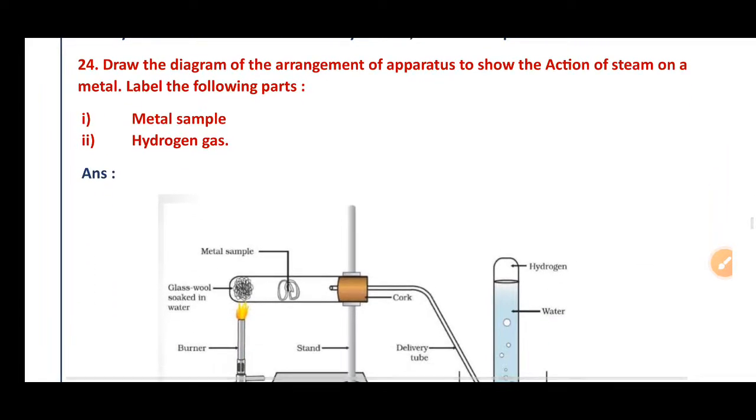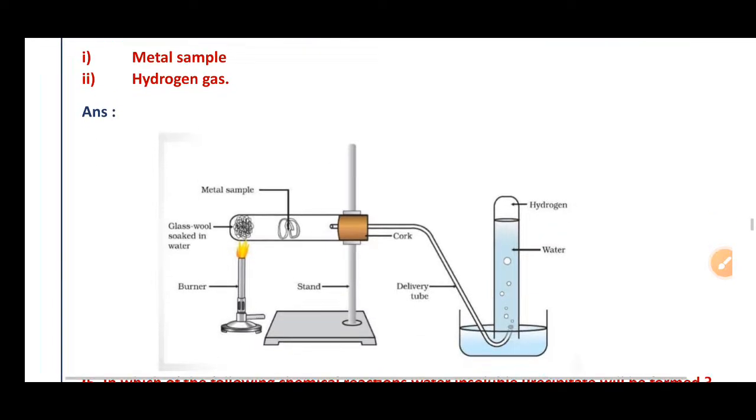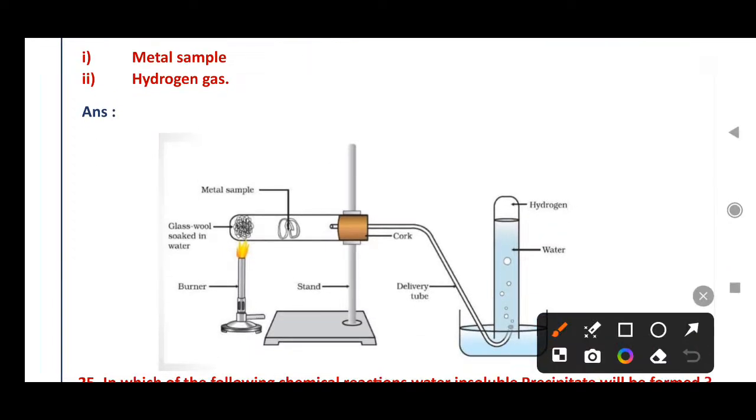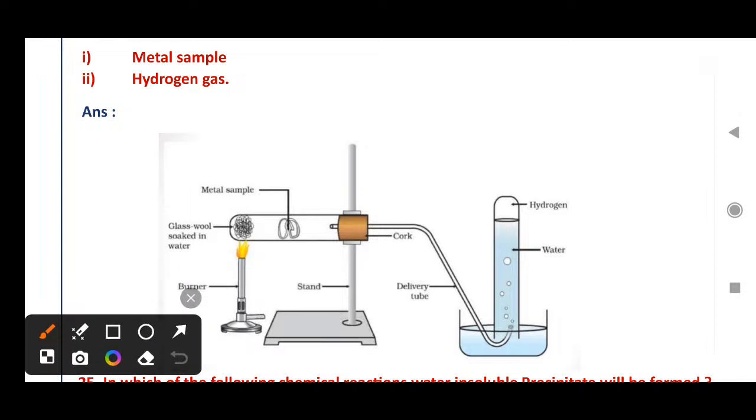Then question number 24. Draw the diagram of arrangement of apparatus to show the action of steam on a metal. Label the following parts. It's a repeating very important question. Every year they ask this one. Then see metal sample. Here is a metal sample. Okay. Then hydrogen gas. Whenever the glass wool,